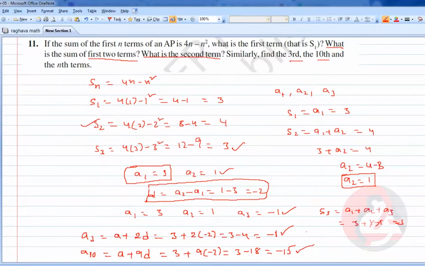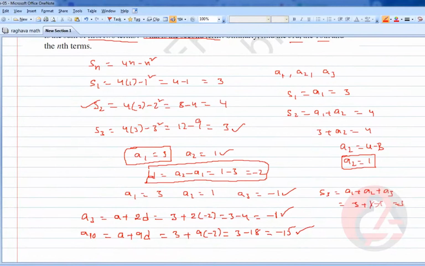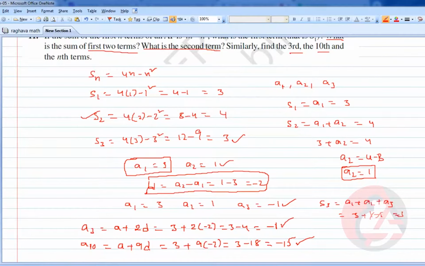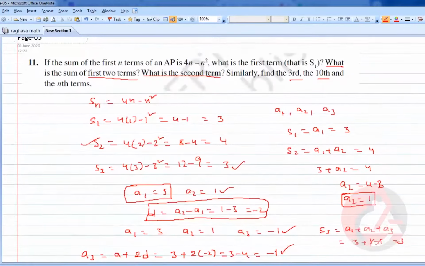So for anything, whatever the data in any format, if they are giving, our main goal is to try to find out the A and D values, then you can solve any kind of unknown things related to this question. So here they gave the Sn in the form of an expression. That means if you put a particular n value, you will get the particular sum of the n terms. Suppose n is equal to 3, you will get the addition of the first 3 terms. So find out S1, S2, S3.